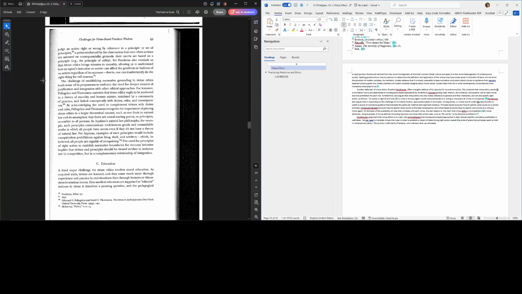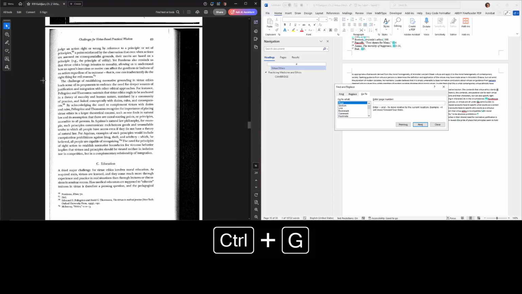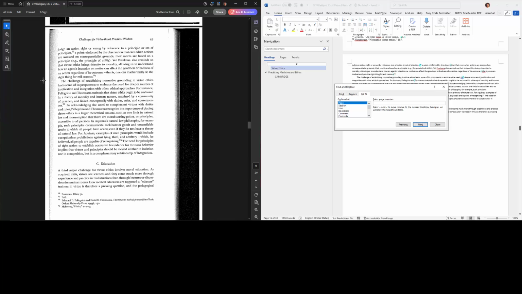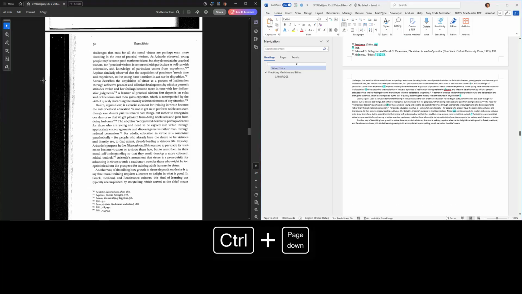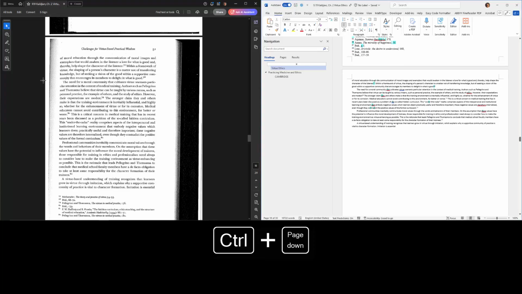You can work around that by pressing Control G in the Word document, and it's the go-to page dialog, and it says enter page number. I'm just going to hit enter to tell it I want to go to the next page. And because I just went to a page, I've then remapped my Control Page Down to its original function, which is go to the top of the next page. So now my page numbers continue to be synchronized.